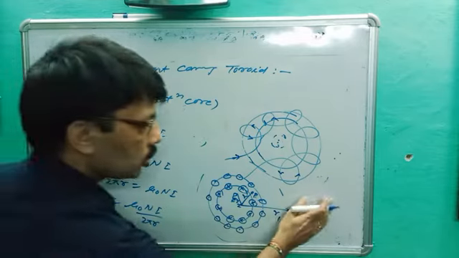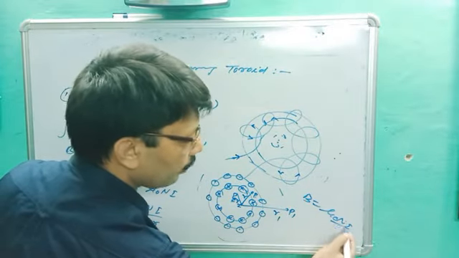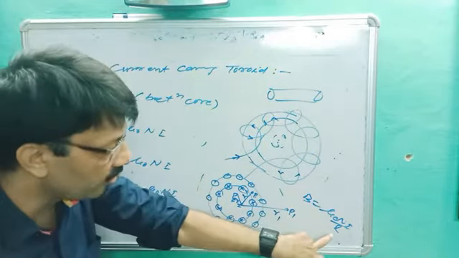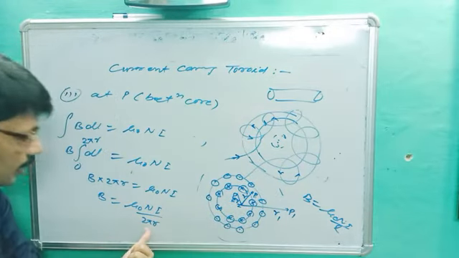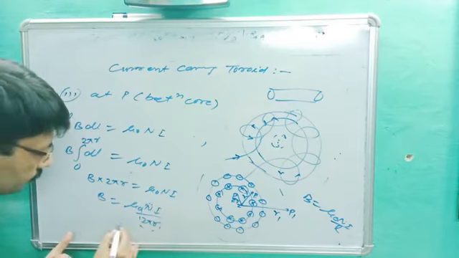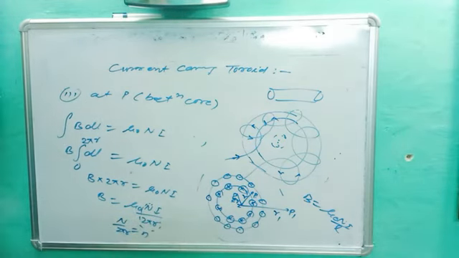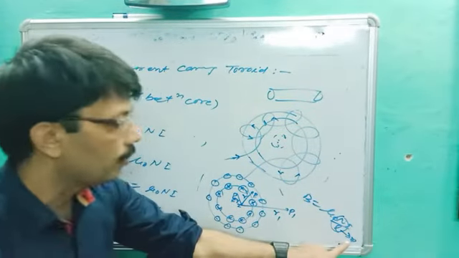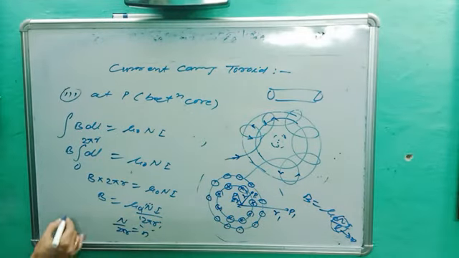See there, in solenoid what we got? B is equal to mu naught N I upon L. You better know, in cylinder there was a length, so we got length there. Here it is in circular form, so we are getting 2 pi r. Same thing we are getting, and you better know N upon 2 pi r is equal to small n. Here also capital N upon L was small n, that is number of turns per unit length. Same thing we are getting, N upon 2 pi r is small n, so we will get the same formula.